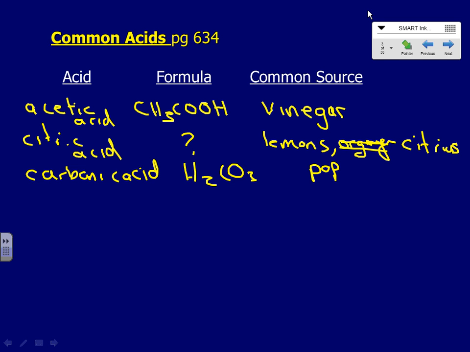Yeah, hydrochloric acid. Hydrochloric acid formula? Yeah, HCl. Where do you find hydrochloric acid? If you were looking for a common source of hydrochloric acid, no problem. Where would we find hydrochloric acid? Anybody know? Common source of hydrochloric acid, other than in a laboratory, like I gave you. No ideas? All right. If you were to go to a pool supply store,